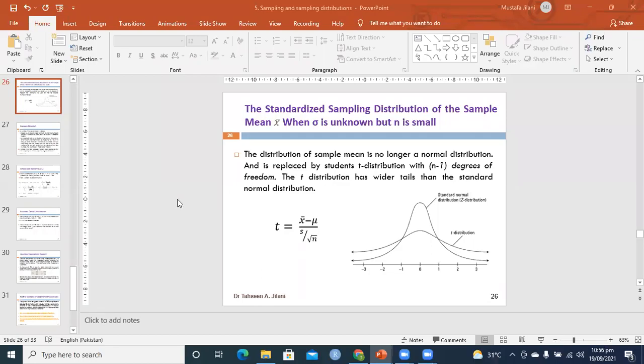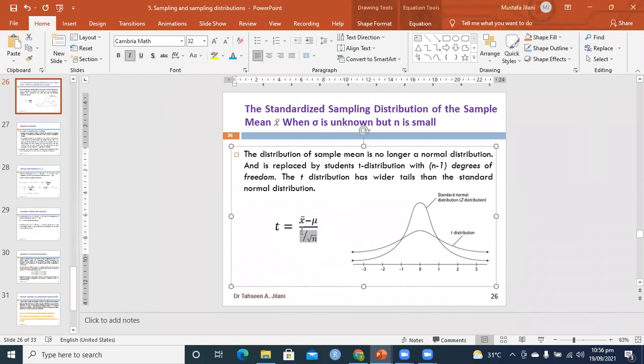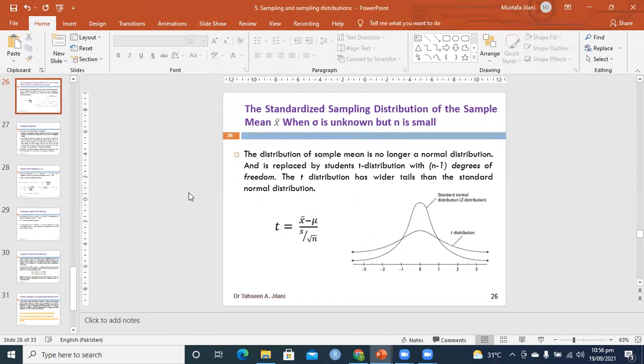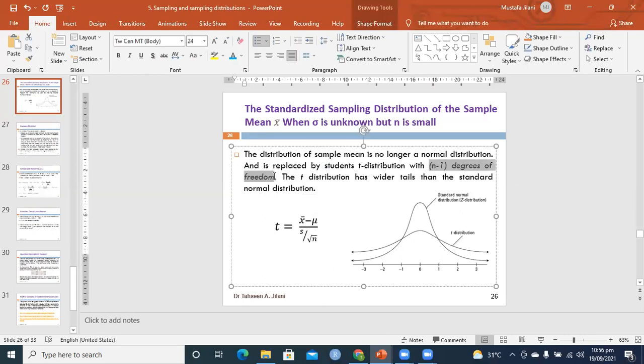So continuing from last session 5.2, it's now 5.3. When sample size is less than 30 and the population standard deviation sigma is not known and is replaced by the sample standard deviation, then we call it a t distribution, which is from a student's research work from the 18th century. But there is a concept called degrees of freedom. It's also a very important concept, and it will come up again and again in your next sessions.